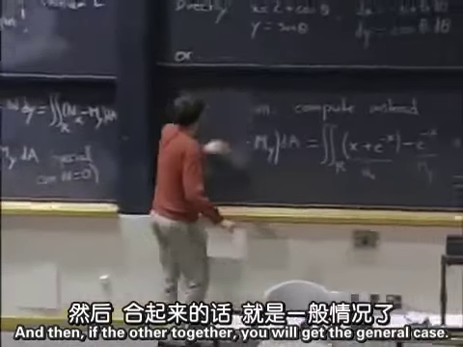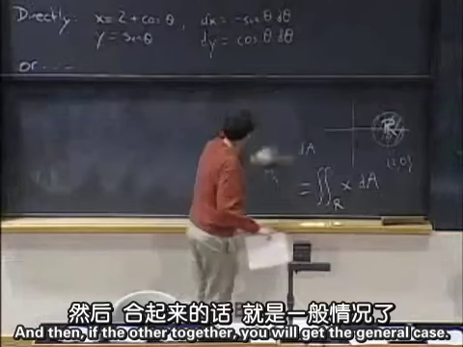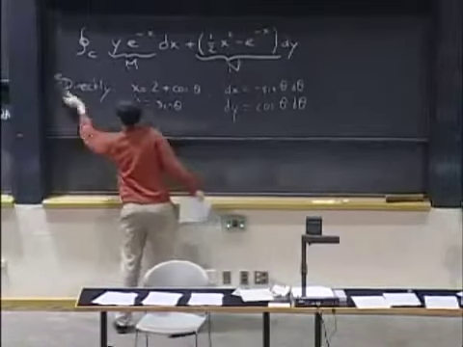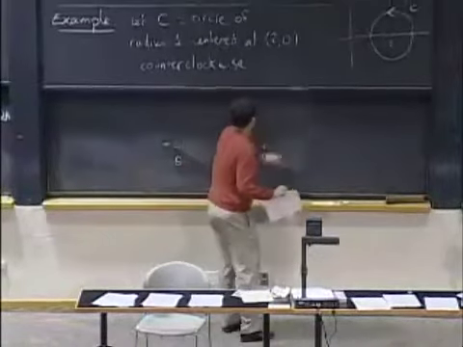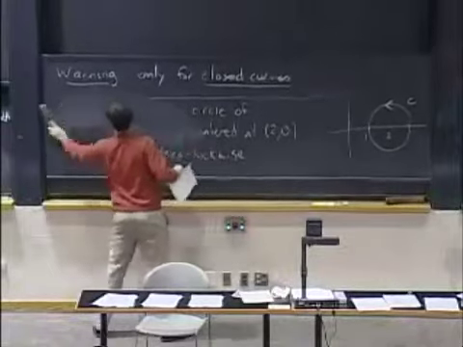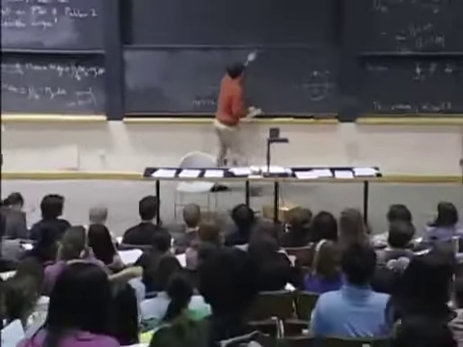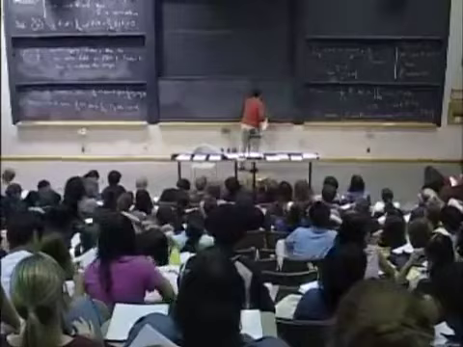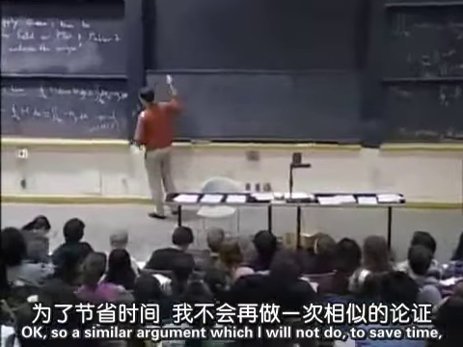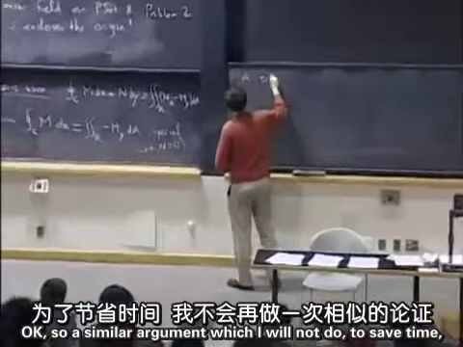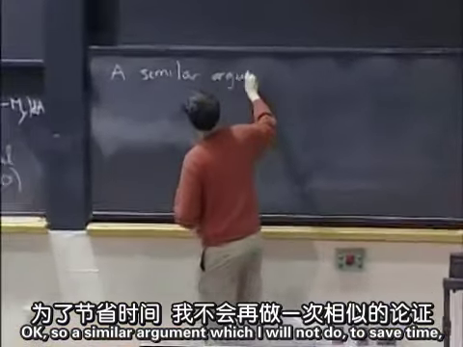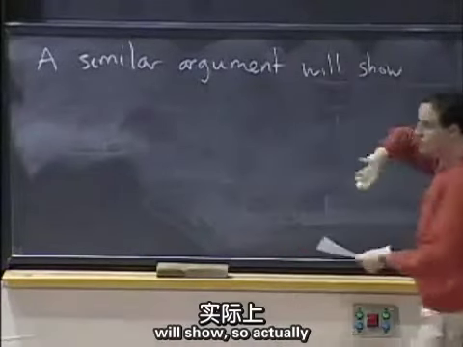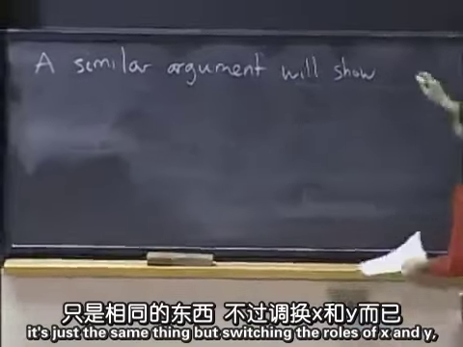And then, if you add them together, you'll get the general case. So let me explain. Okay, so a similar argument, which I will not do to save time, will show, so it will be just the same thing, but switching the roles of x and y, that if